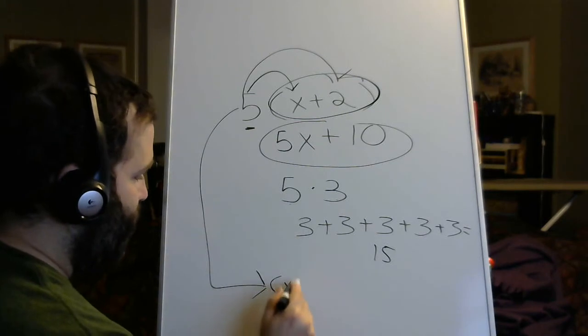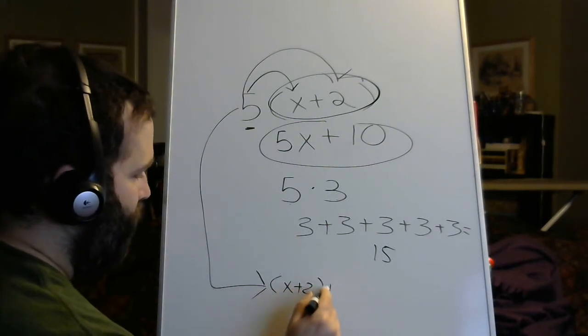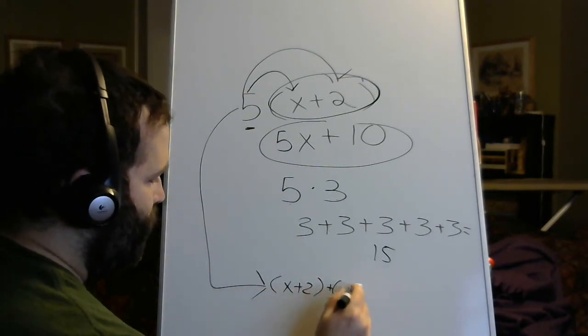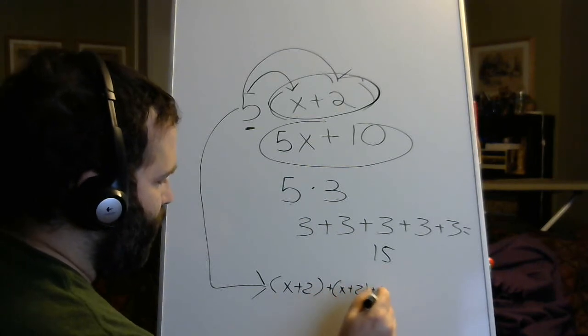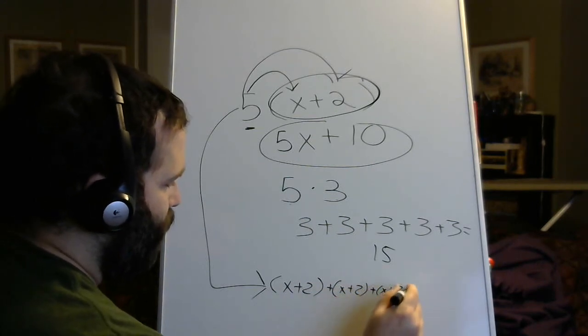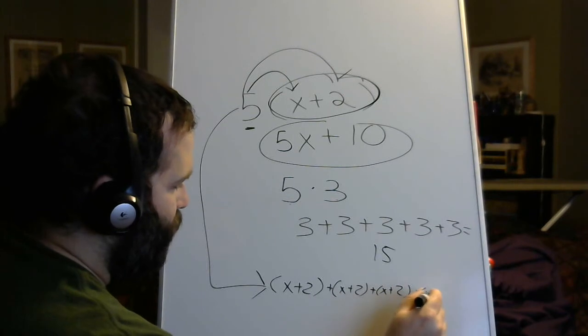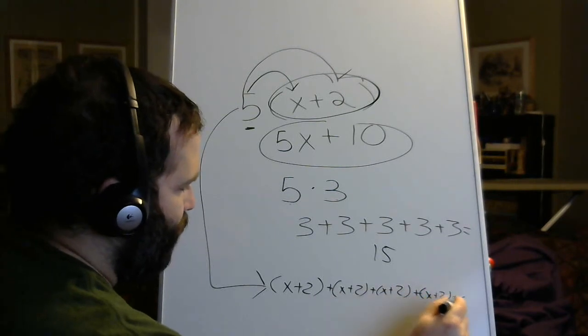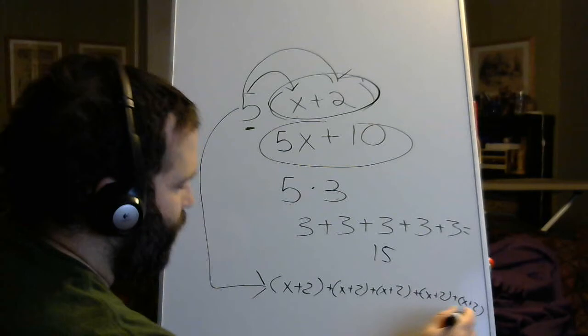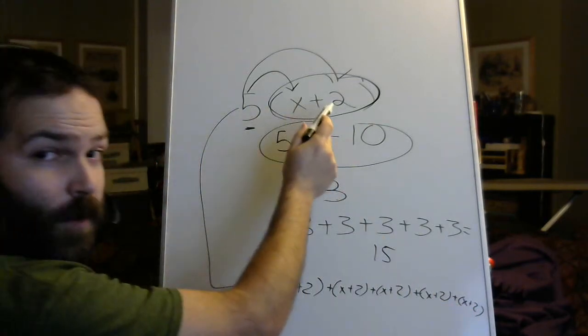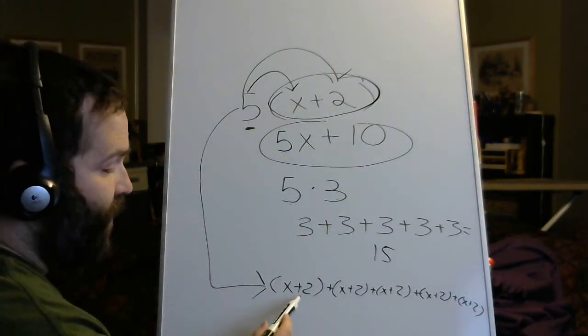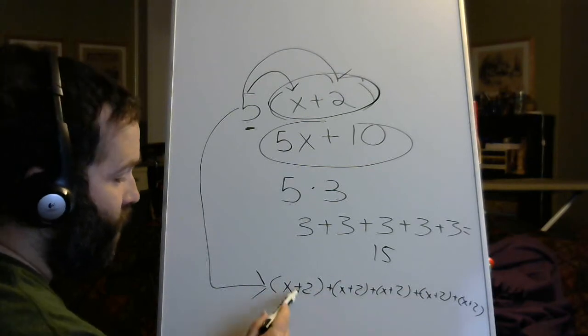So we're going to have x plus 2 plus x plus 2 plus x plus 2 plus x plus 2 plus x plus 2. Again, 5 times x plus 2 is simply x plus 2 added to itself 1, 2,